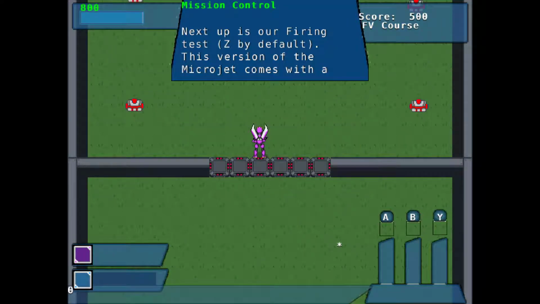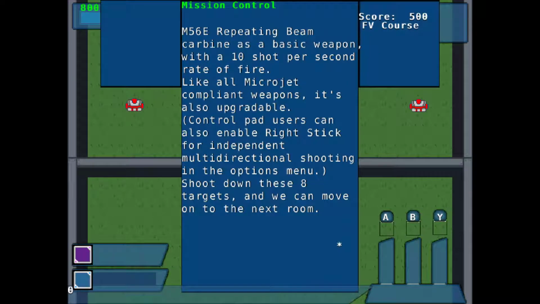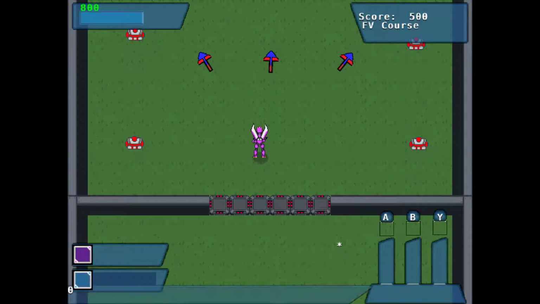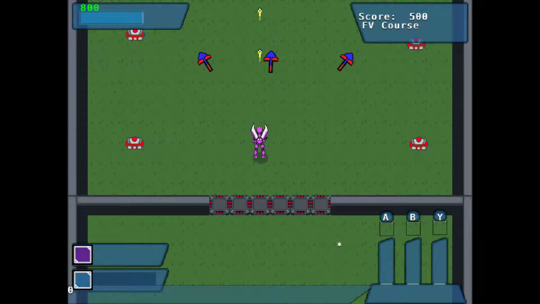That sounds useful. Shoot down these 8 targets and we can move on to the next room. Alright, so it is weird that you can hide this kind of thing, but... Alright, so the right thumbstick is not currently enabled for that firing, but...